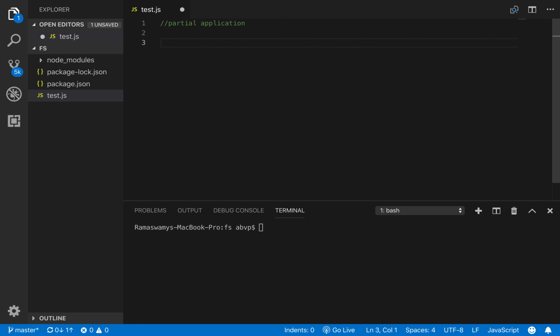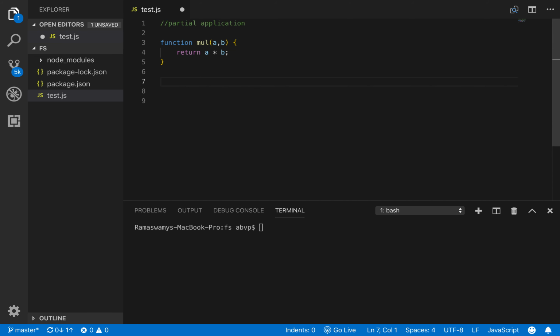Let us understand this. So let us have a function with two arguments, say a and b, and call this function mul that multiplies the value of a and b. So let us return a star b. Alright. So in this case we have a function with two arguments. So with a partial application, which is a function which will set the value of one of the arguments.